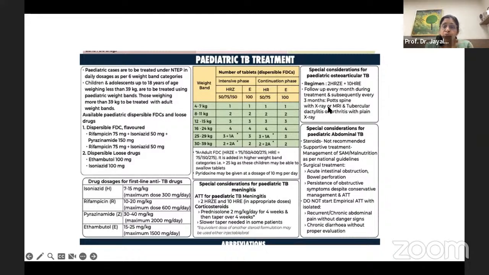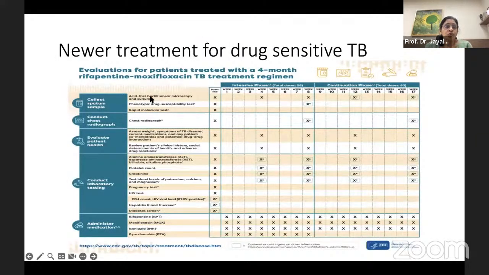In bone tuberculosis, you may need to give a longer duration of treatment. In abdominal TB, generally steroids are not recommended, and they may, however, need surgical treatment if there is any obstruction. But do not start empirical ATT in patients with recurrent or chronic abdominal pain, or chronic diarrhea. So basically, we need to collect the sputum sample, conduct the chest radiograph, evaluate the patient, see the weight, see the history, see the comorbidities, do the laboratory testing, see the platelet count, creatinine, see for pregnancy, HIV testing,